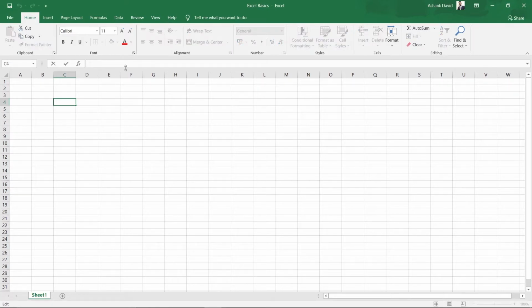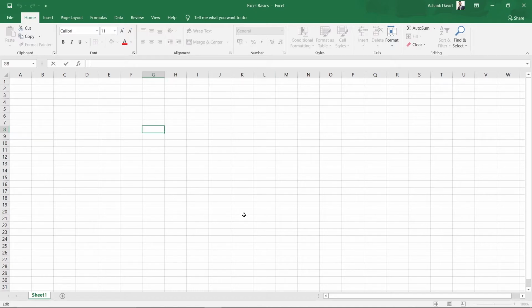This is the formula bar right here. We write all the formulas here for the particular cell which is selected. Let's say right now we are on G8, and we need to do some calculation for this particular cell. That formula will be written here in the formula bar. If you press this green tick, it will press enter for you, and this cross button will cancel the formula for that particular cell. We'll discuss more in detail in our future videos, so stay tuned for that as well.